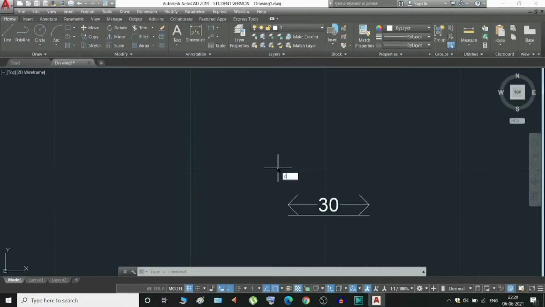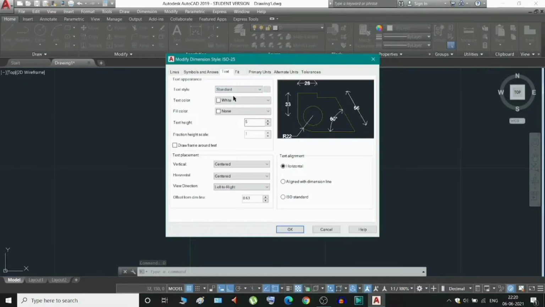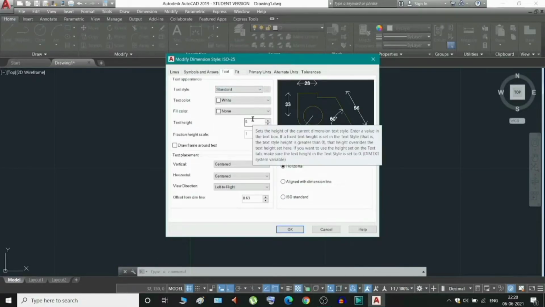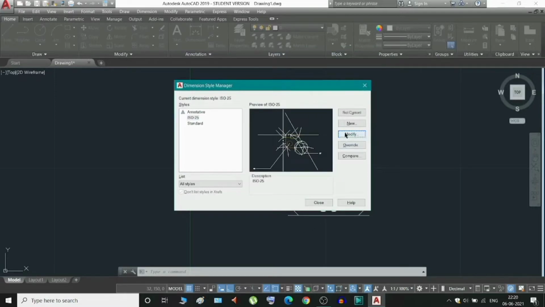To do that, I will press D, enter, modify, and text height I will reduce it to 0.5, let's say, and OK, set current, close.